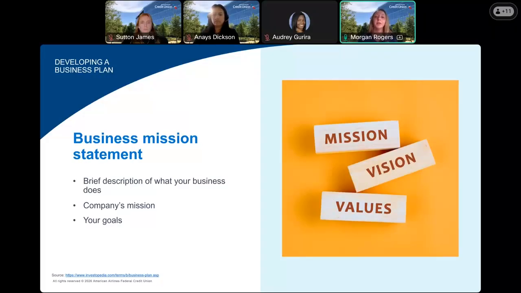Also look back on the SMART goals that you outlined to develop a clear company mission. Now this mission does not need to be complicated at all. It can be simple and evolve over time. Some questions that you can write down and answer for yourself include, who are your customers? What is the purpose of the product or service you are selling? How does this product or service solve a problem, or what results does your small business create? And finally, in this section of your business plan, list your goals.